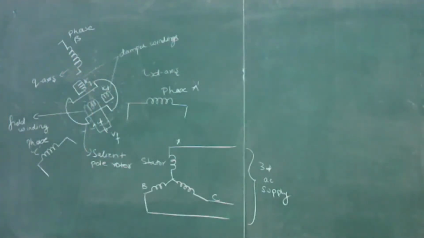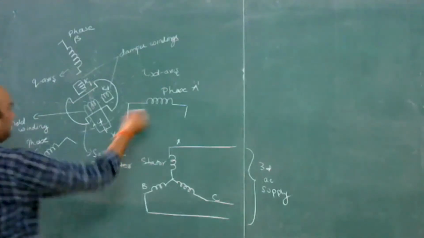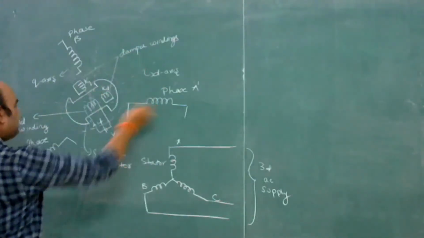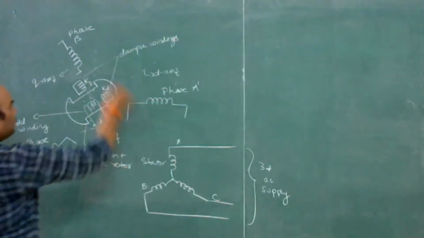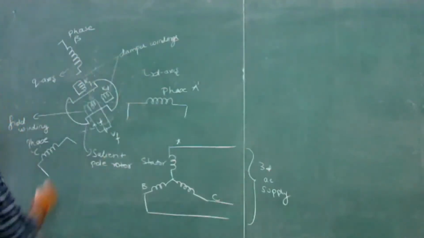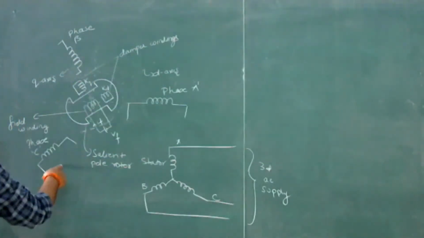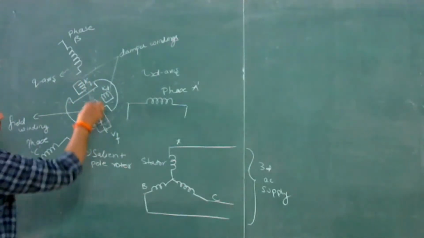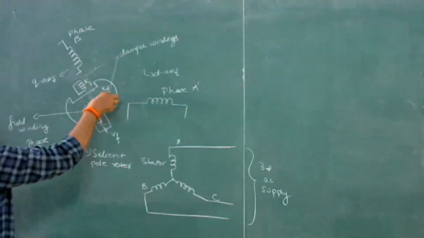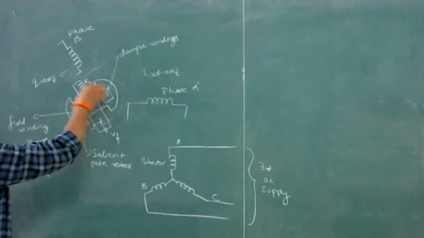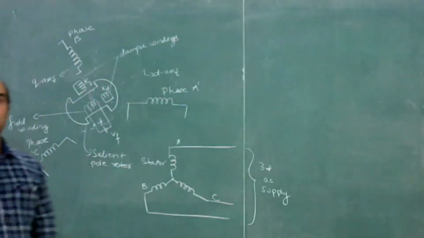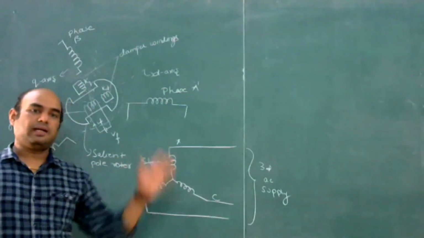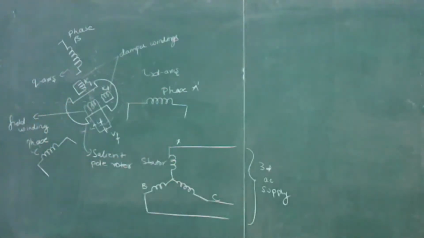Okay, so we have phase A, phase B, and phase C. These are the stator windings, or armature windings, and in the rotor circuit we have the field winding. Okay, so this is the main field winding, and two more windings which account for the damper windings along the D axis and along the Q axis. Okay, so